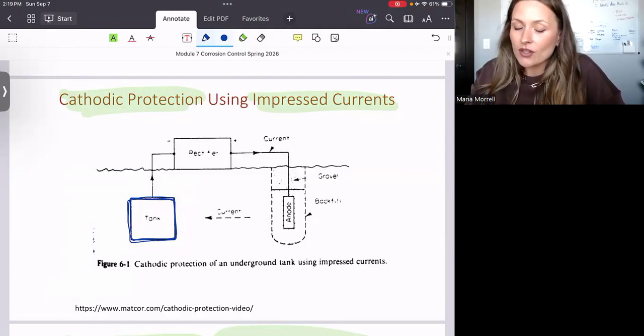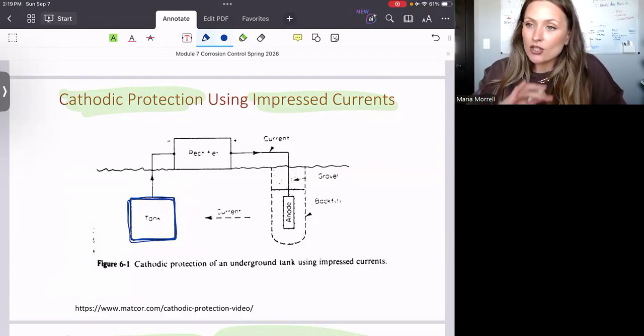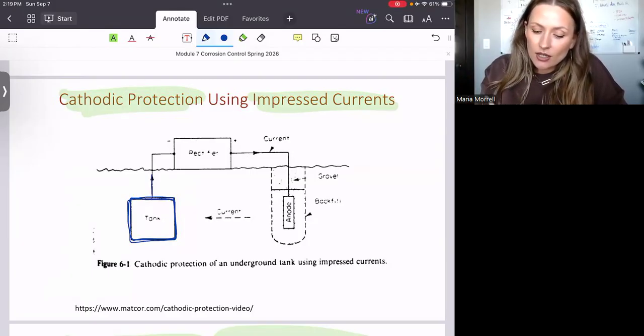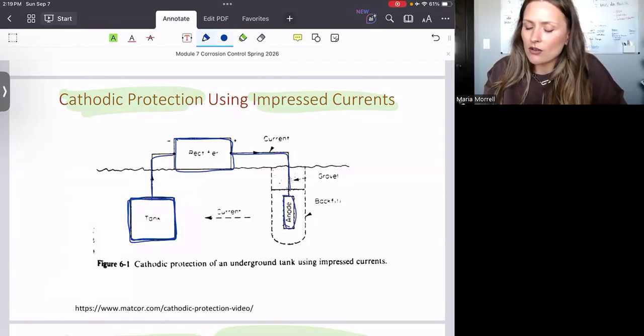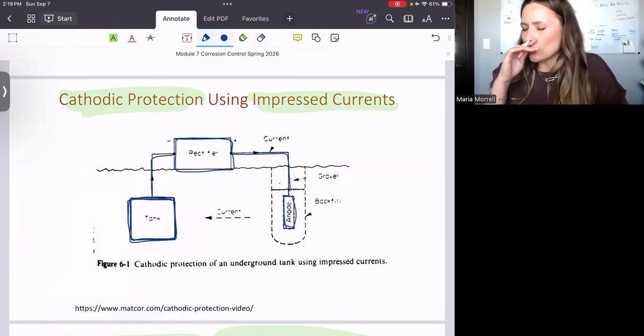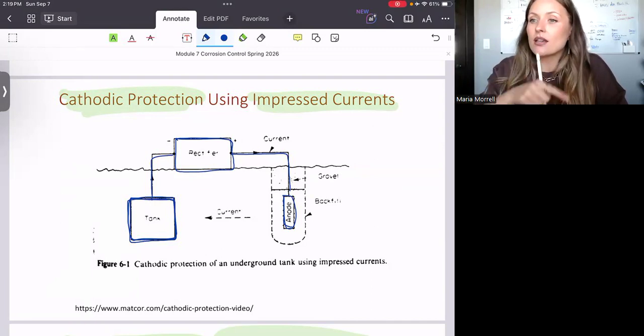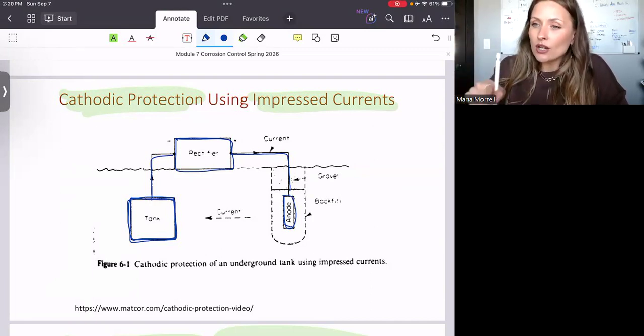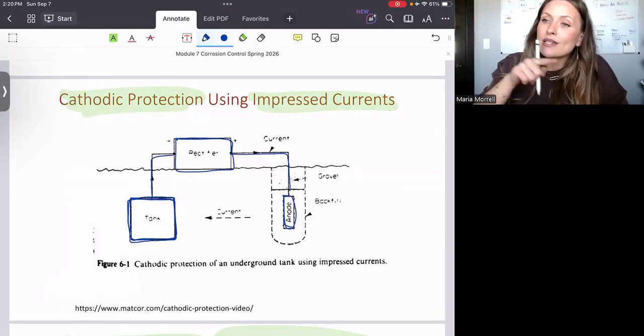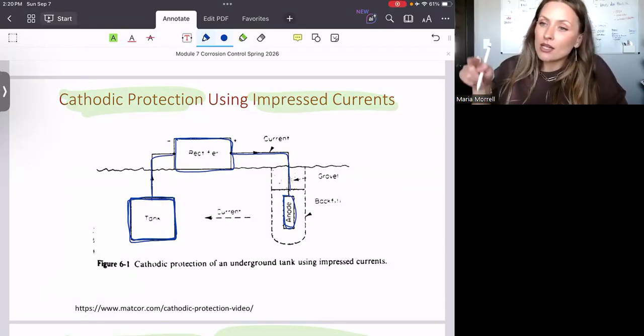is preserved. So the way I'm going to protect it is that I'm going to connect it to the rectifier, which is basically your DC power, okay? And then I'm going to have an anode right here, which we call a sacrificial anode. Not the sacrificial, it's an inert anode, because in this particular scenario, we're using a bit of a different structure. It allows the current to go through it, but typically it lasts many, many years because it's considered inert, it doesn't corrode